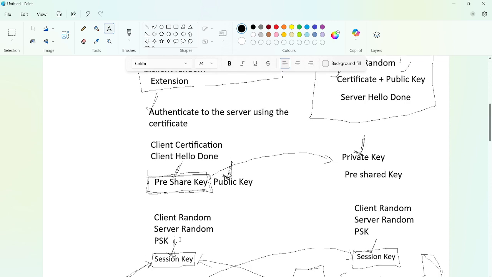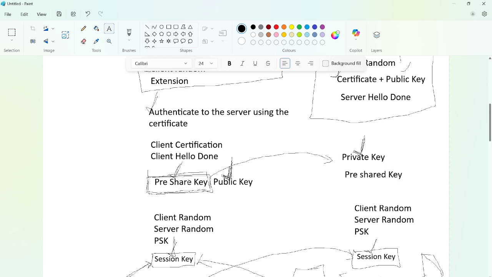Then the client generates a pre-shared key and sends it to the server. Before sending, it encrypts the pre-shared key, or pre-master key, with the public key. The server receives the encrypted pre-shared key and decrypts it using its private key.